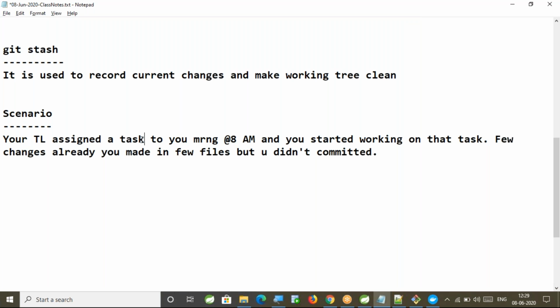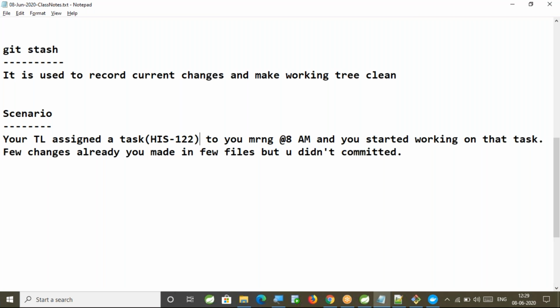Let me give the task name as, suppose, HAS-122. That is a Jira story ID. For every task, one story ID will be created. Your TL assigned the task HAS-122 to you in the morning at 8 a.m. and you started working on it. Few changes you already made in a few files, but you did not commit because it is not completed.